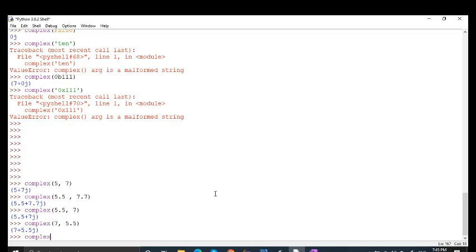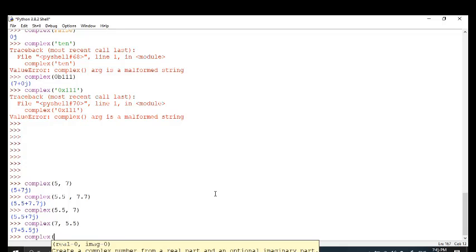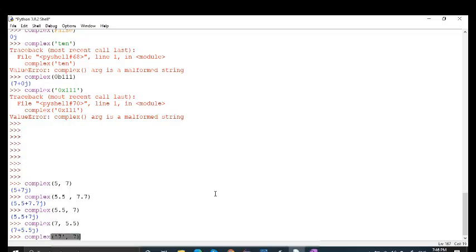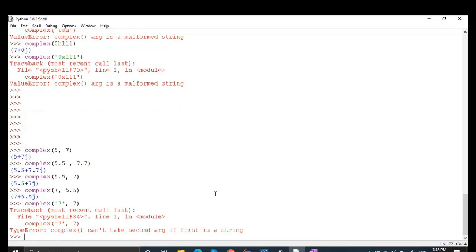So integer and float experiment is done. So let me put here complex, and we write the real value as a string 7, right? And here I'm writing one integer value 7. Okay. So it is saying that the first value is a string, so the second argument cannot be taken.